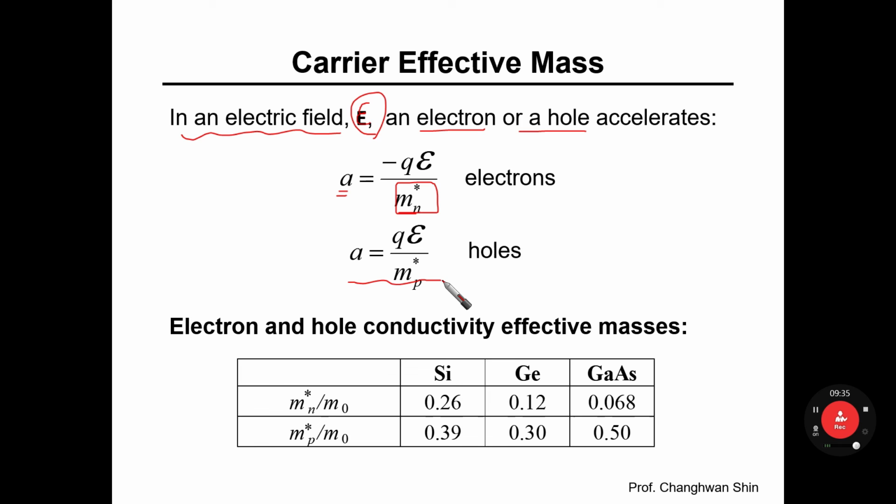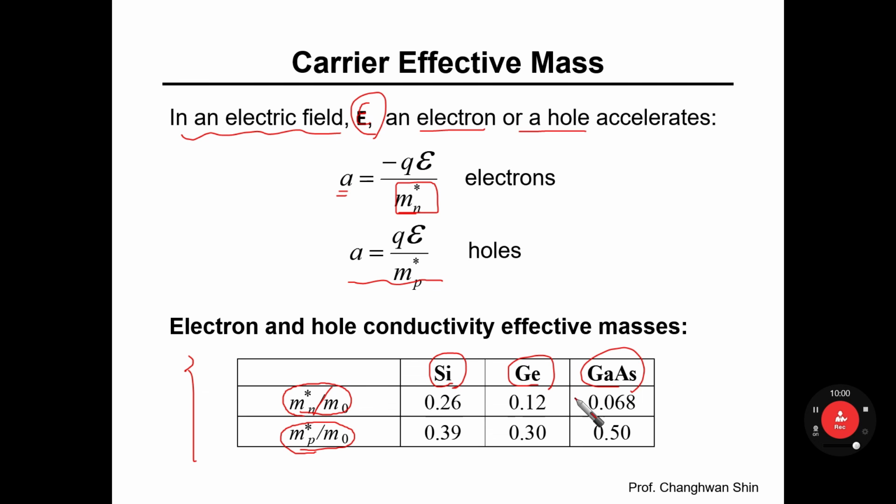Similarly, you can estimate the acceleration value for holes. And on the bottom side, you can see a table summarizing how light, or what portion of the simple mass, the effective mass is, for each